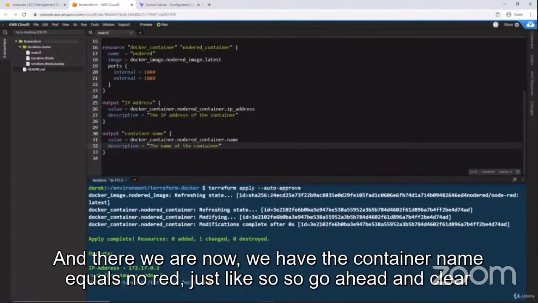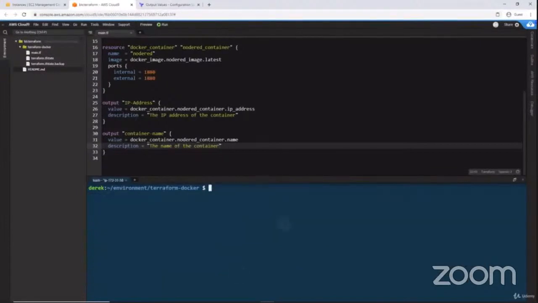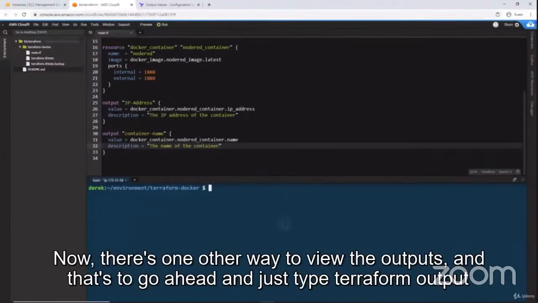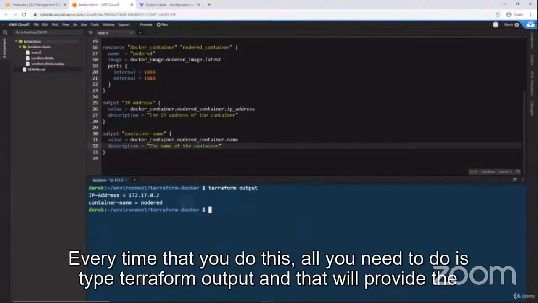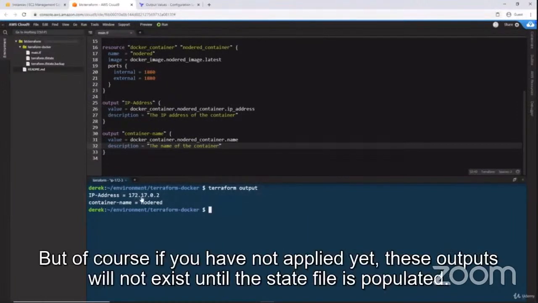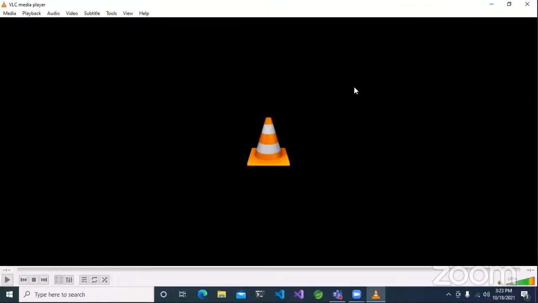And there we are. Now we have the container name equals node-red, just like so. So I'll go ahead and clear my screen. Now there's one other way to view the outputs, and that's to just type terraform output, just like so. So you don't have to apply every time that you do this. All you need to do is type terraform output, and that will provide the output. But of course, if you have not applied yet, these outputs will not exist until the state file is